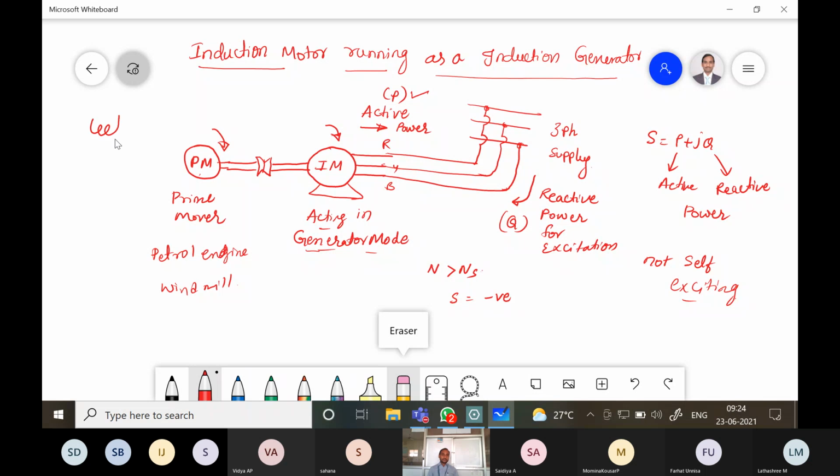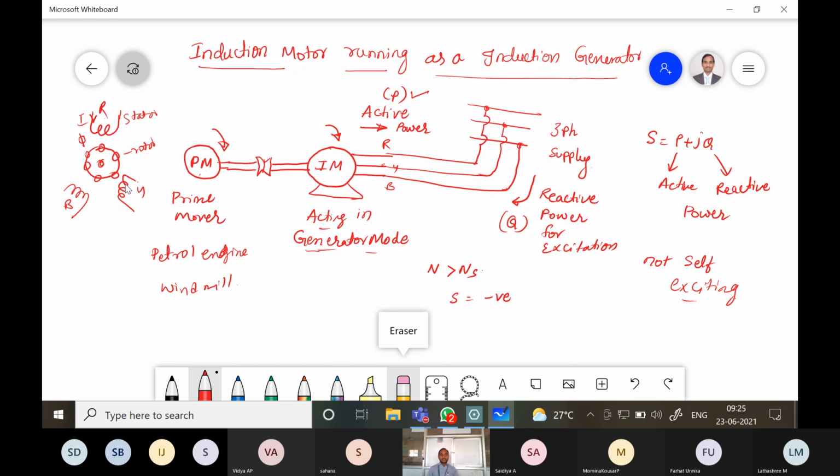So what is the rotating magnetic field? These are the stator coils of the induction motor, and this is the rotor part. It may be squirrel cage or slip ring. This is the rotor and this is the stator. These stator windings are to be excited. It means an external current is given to these windings, so they become an electromagnet and produce flux.